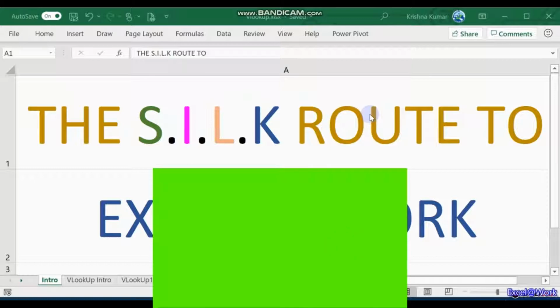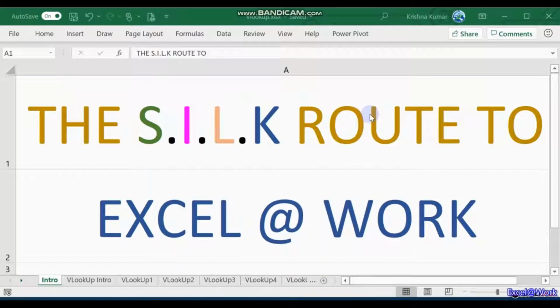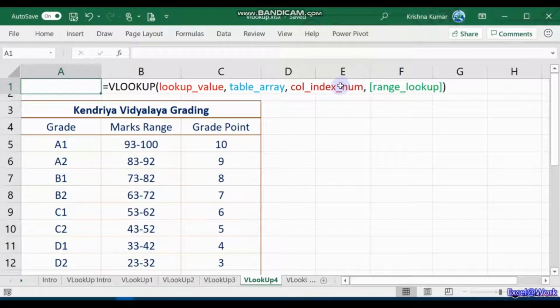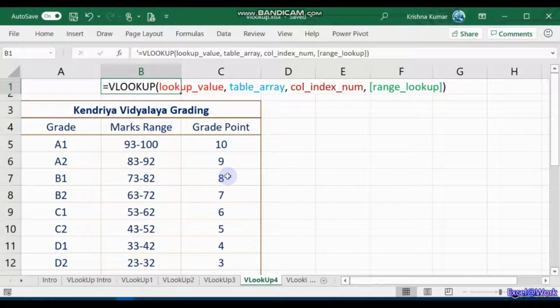We'll continue on the VLookUp series that we have been looking at for the past 4 sessions. In this we will see the argument of the approximate value or the exact value. The fourth argument in VLookUp is the range lookup. In an earlier session we discussed the